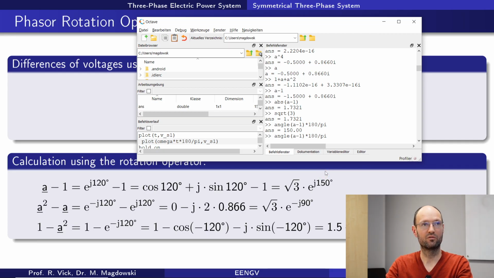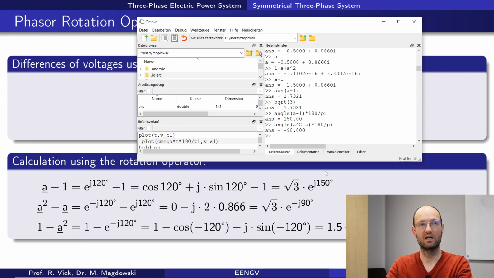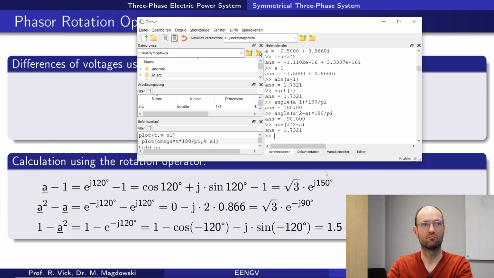So if we would do it for the next voltage, which is a squared minus a, we get minus 90, and we get the same magnitude, also square root of 3. And so for the last one, we also get square root of 3, and we get a different phase angle, which is once again, so here we start with something, then we have minus 120, and we have another minus 120,